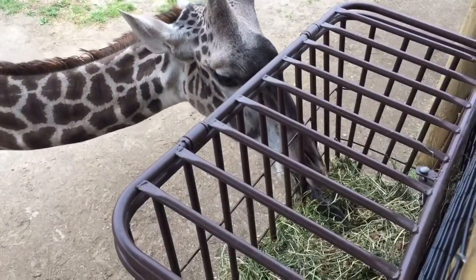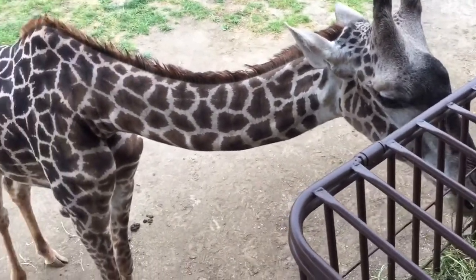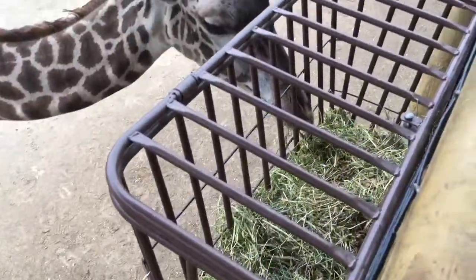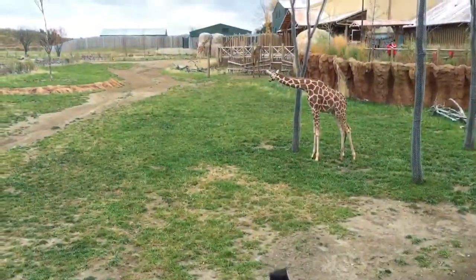We feed them all day. We feed them all the time because someone comes up to feed them. They eat or look for food 20 hours a day, so they like it. There's not much calories in it. They can eat about 35 pounds. But they're definitely